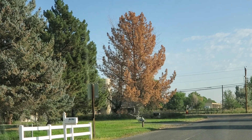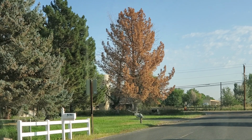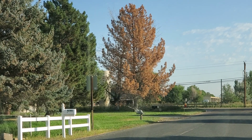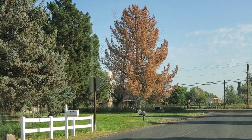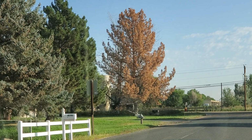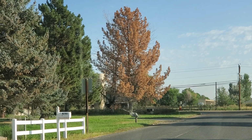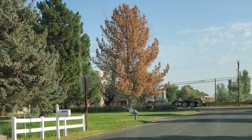Now, what we'd want to do, and since I'm just randomly driving, I can't go do this, but what we would want to do is go up to the tree, scrape the bark, possibly look for larval galleries, sawdust, and so on. Typically when the insect works its way from the top down, it may emerge out of the tree around the lower 6 to 8 foot portion of the tree. That would be pretty good evidence. Other evidence would be